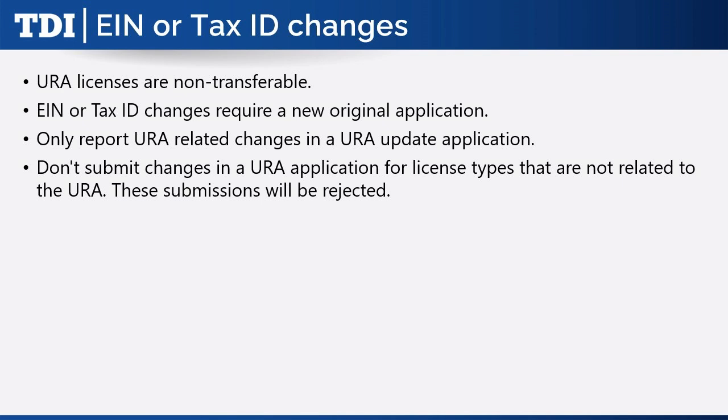For reporting instructions for other license types, you can find helpful information from our TDI website, from the main TDI landing page at tdi.texas.gov. From that same page, you can choose the Companies tab under the Resources section. We also have an MCQA page that includes links for health maintenance organizations, URA, independent review organizations, or IROs, workers' compensation networks, exclusive provider benefit plans, preferred provider benefit plans, third-party administrators, or TPAs, and more.